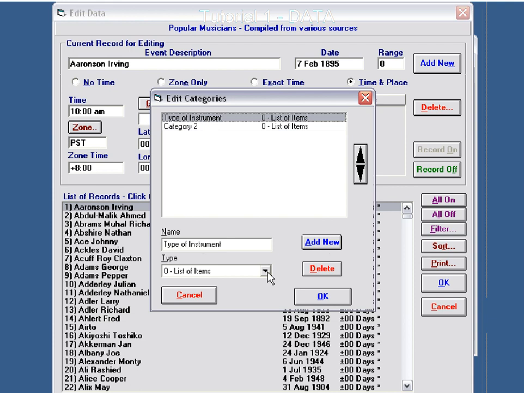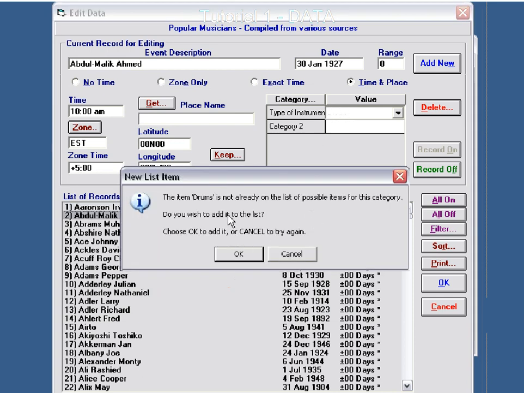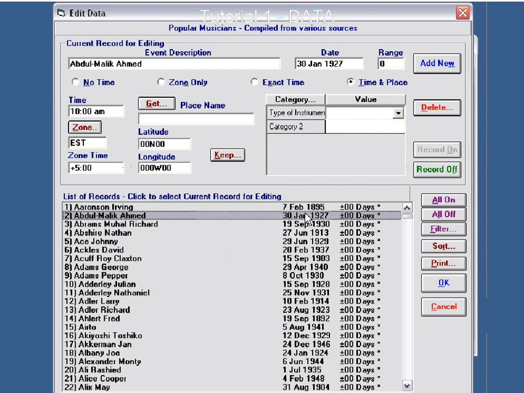And then if I had instrument, I might want to put this as a list of items so that I could actually then put drums, guitar, and so I wouldn't have to type it in all the time. I could just actually select it through. If you had your list of say instruments, and then say like guitar one, so you could have your value then, could you? Yes, you could, but you can sort by.